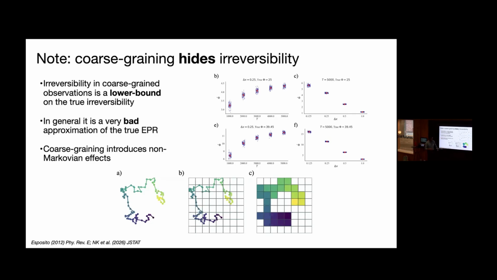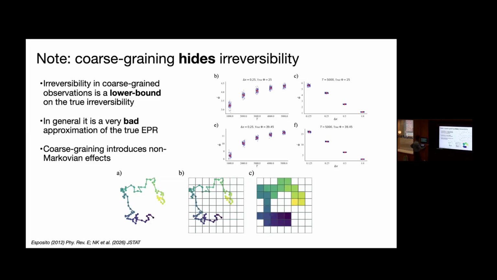So in this non-neuroscientific paper, we wanted to see basically how bad is this, how good is this? And we showed that in the limit, if your cells get really infinitely small, it converges, but in practice, it's really terrible. So, this is the entropy production rate. The true entropy production rate is 25. And as you increase the length of your time series, you're getting closer to 5. So you're still miles off the true entropy production rate. And this was in 2D with lots of states. So they were in 100D with 8 states. So you're really coarsely approximating it.